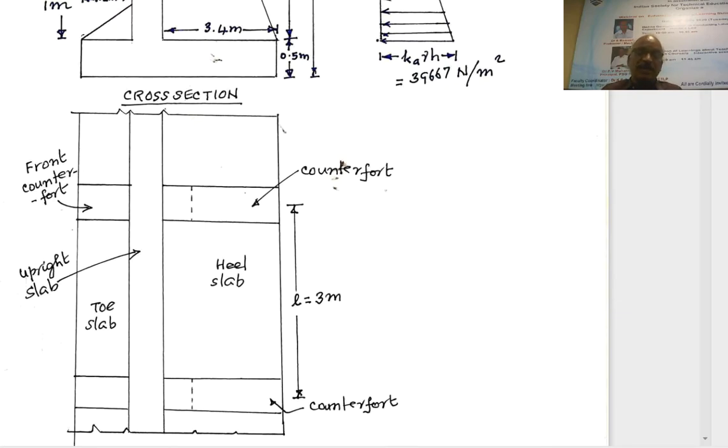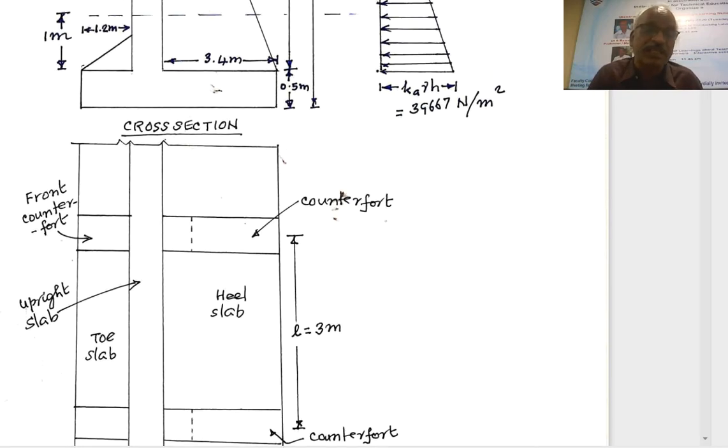So here, as before, we have the weight of the upright slab. On the right hand side, we have horizontal backfill. So the weight of backfill on the length of the heel. The length of the heel is equal to 3.4 meters. The length of the toe slab is 1.2 meters.